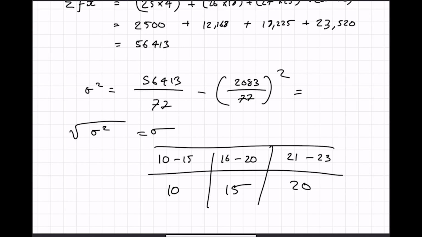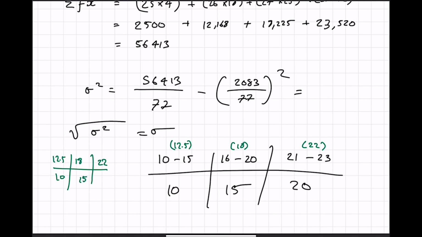Let's do it in a different color, let's say green. The midpoint of this one would be 12.5. The midpoint of this one would be 18, and the midpoint of this would be 22. So you find the midpoints, and then you use those as your values. So I use 12.5, 18, 22, with frequencies 10, 15, and then 20. That's it. And then you do the same thing as above, and you can find your variance